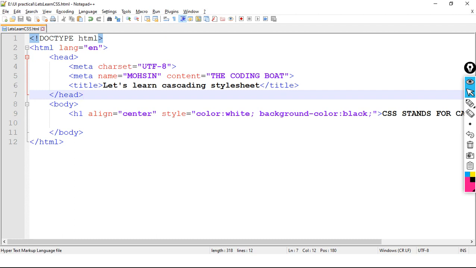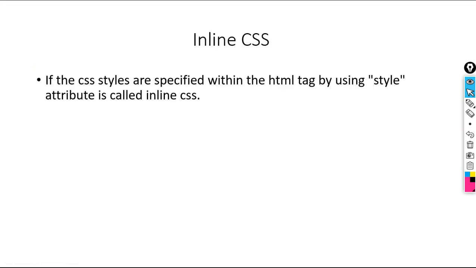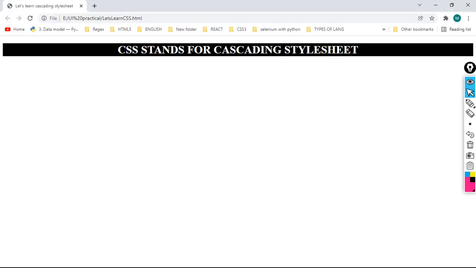Now let's understand how to write internal CSS. But before that, we need to understand one thing. Inline styles are only at tag level. Inline styles are only at tag level. For that particular tag only, that style will be applicable. So these are the changes in style.